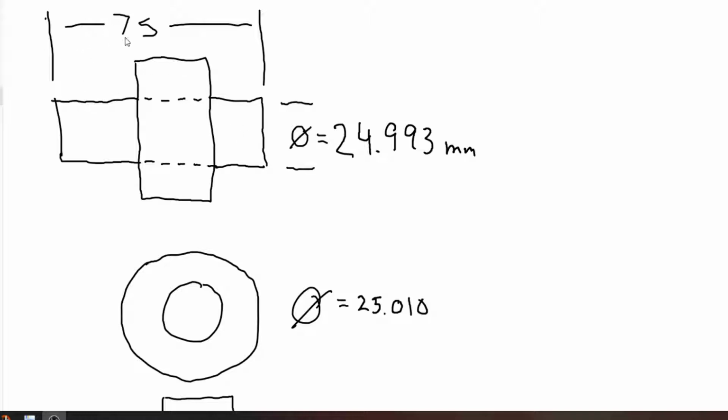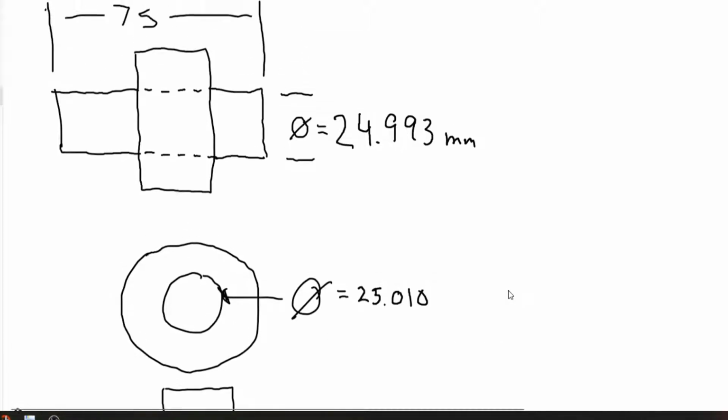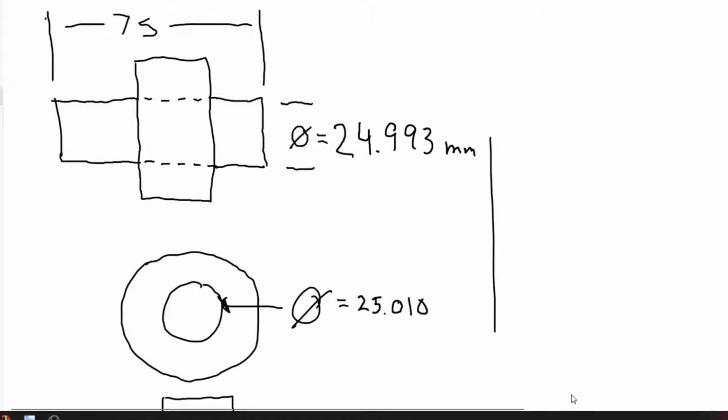The length of the shaft is 75 millimeters. The diameter of the shaft is 24.993 millimeters. And then this collar that we have fitted onto it is 25.010 millimeters. Again, that's the internal diameter, the diameter of that hole. So going back to your fit system, that'll be a sliding fit. So we want this thing to be able to slide back and forth along the shaft relatively easily, but without